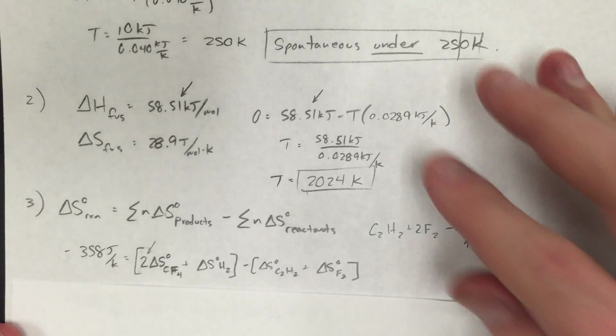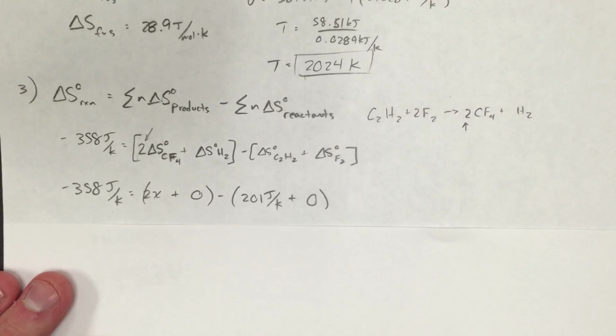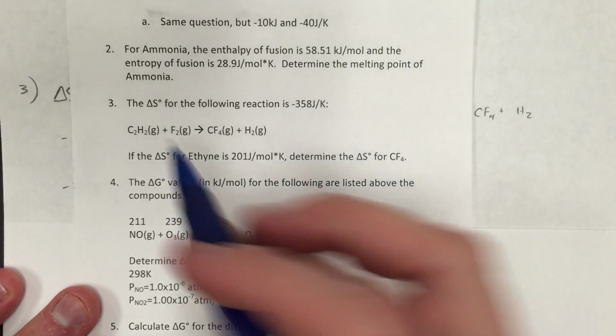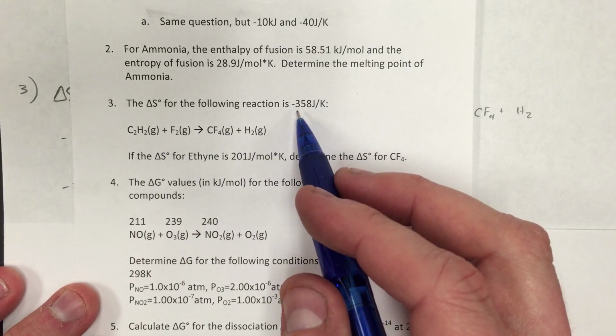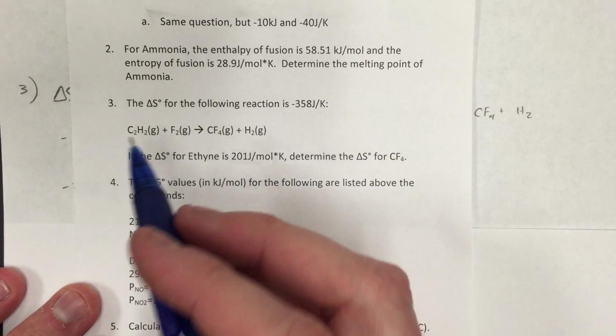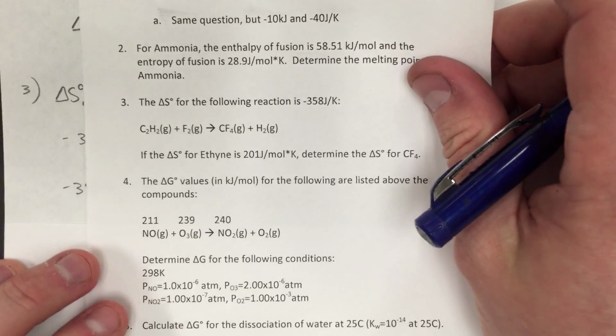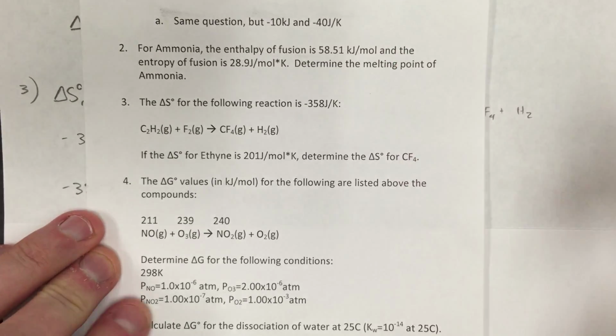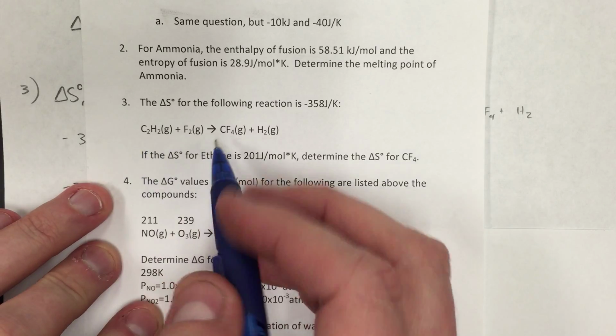All right. So next one, number 3. For number 3, it says the delta S for the following reaction is negative 358 joules per Kelvin, and it gives us the reaction. So the first thing we need to do, which I actually forgot to do the first time I did this, is balance the reaction. So we got 2 carbons and 1s, which